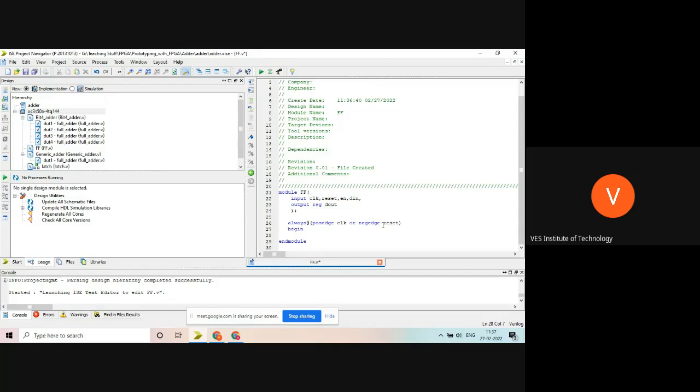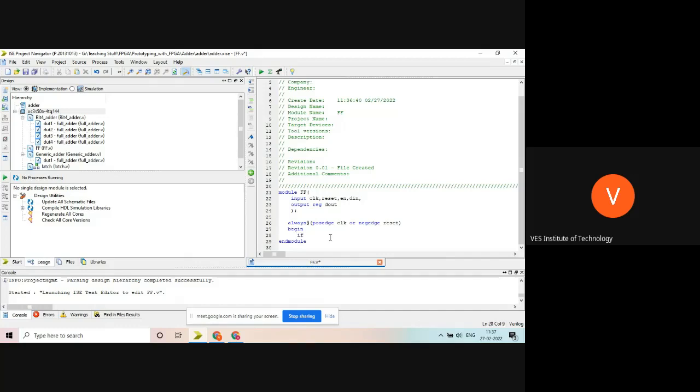The flip-flop will trigger on the positive edge of the clock, and the reset will trigger at the negative edge, so that means active low reset.